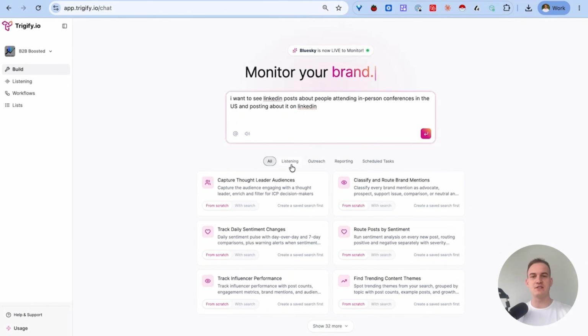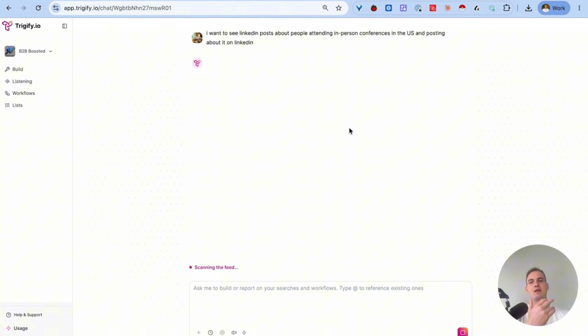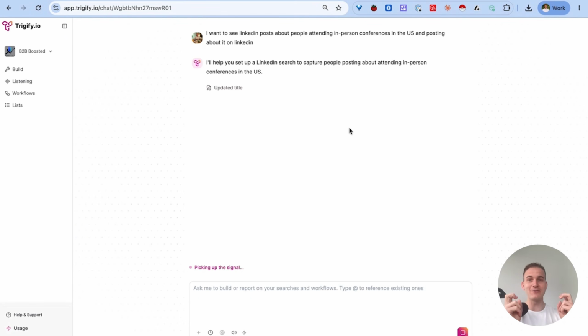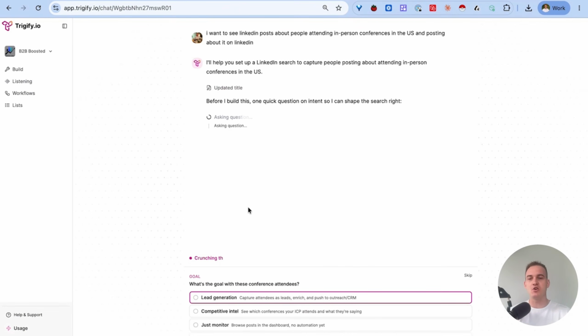And on top of that, all we need to do is just click on this enter thing, and it's basically like an LLM that will enable you to then build this entire social listening workflow. And by the way, you could probably sell social listening workflows on top of it whilst you're at it, but it's pretty straightforward. Basically, it'll just ask you a bunch of follow-up questions, and you can actually just then have